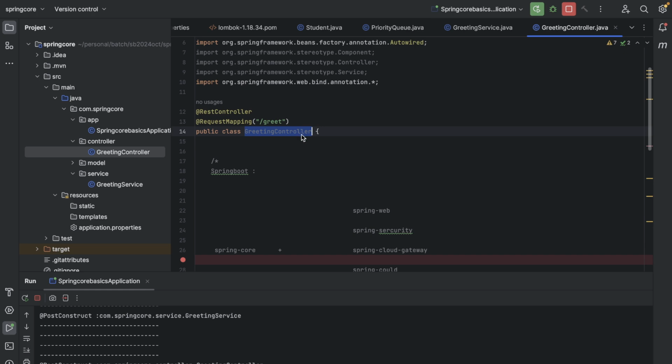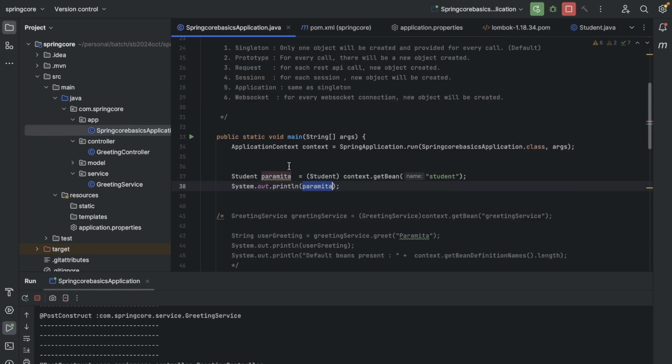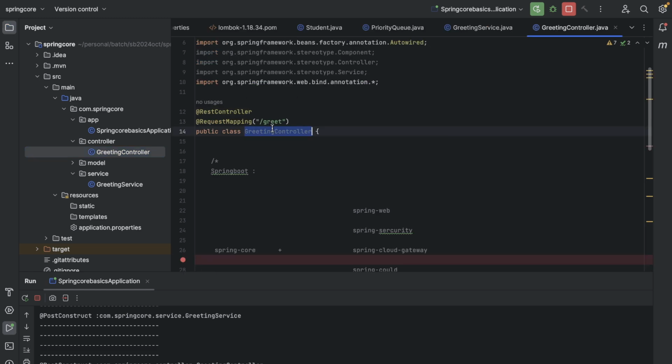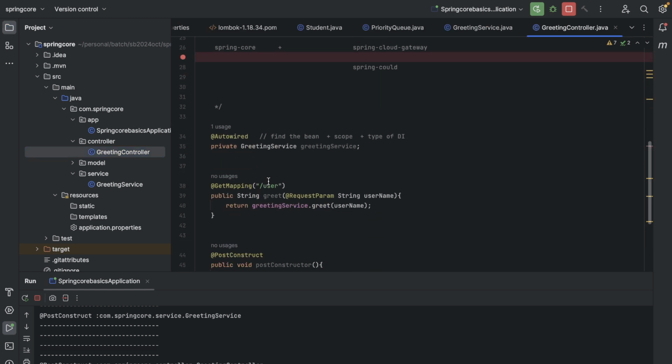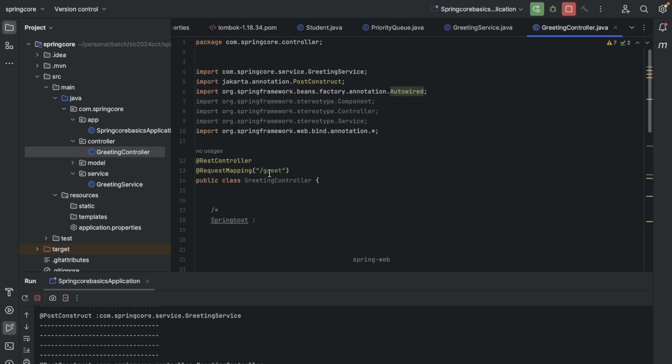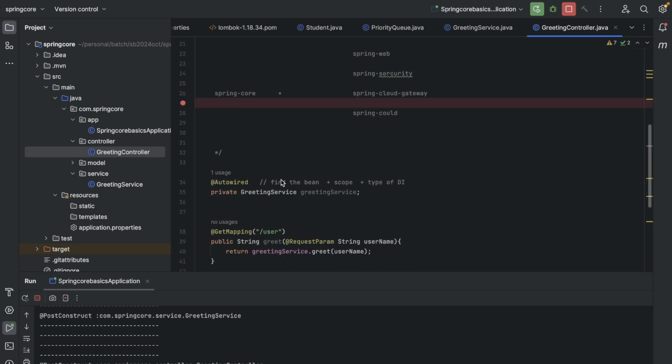To create an object of the greeting controller is the responsibility of the IOC container. So if the IOC container comes here first and I have mentioned the controller first, it will come inside the controller first. When it comes to the controller, it will find that to create this object, it first needs the object of greeting service. So it needs to pause over here, go to the greeting service and create an object of greeting service, and then only will it be able to inject it over here. So this is a dependency. To create a bean of greeting controller, there is a need to have a